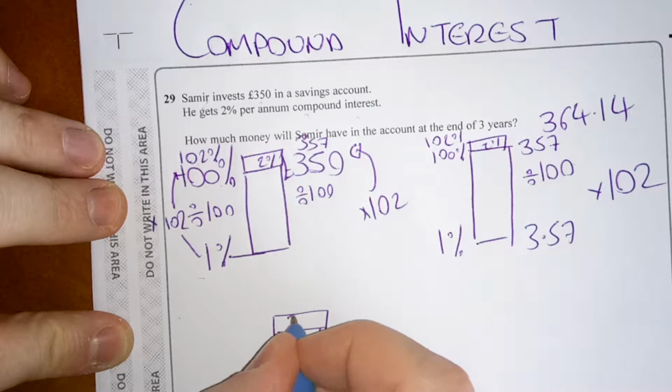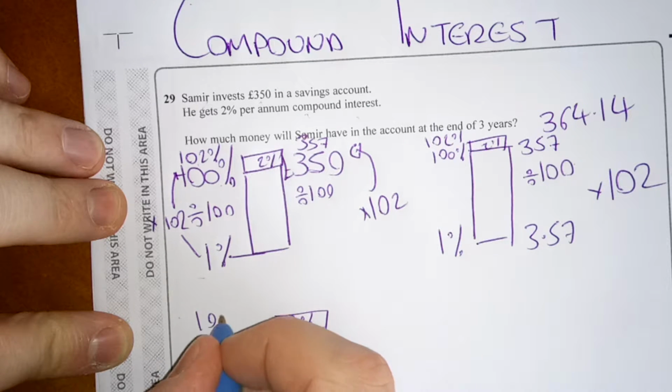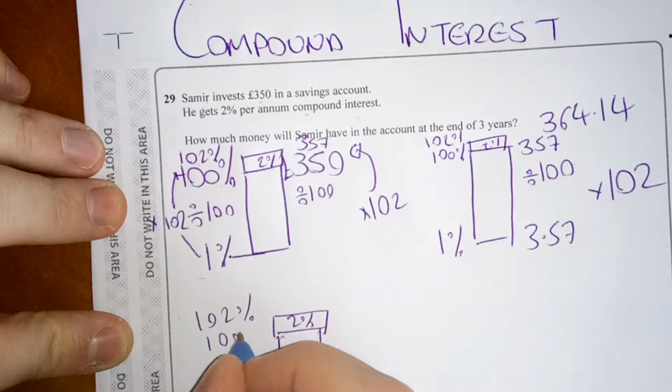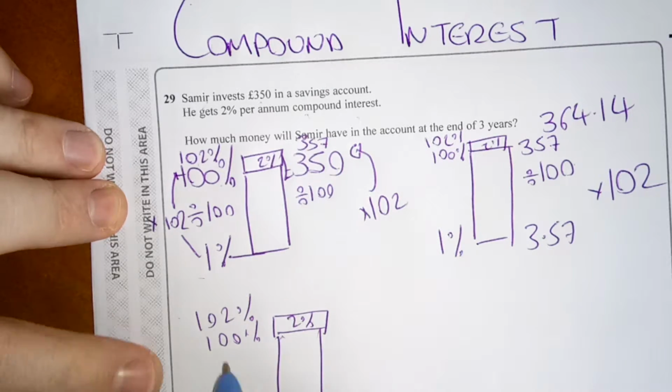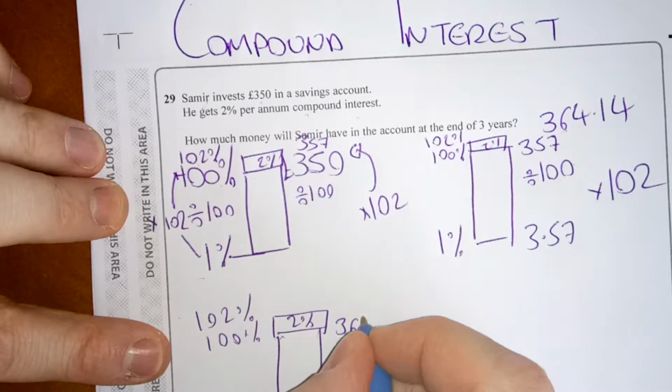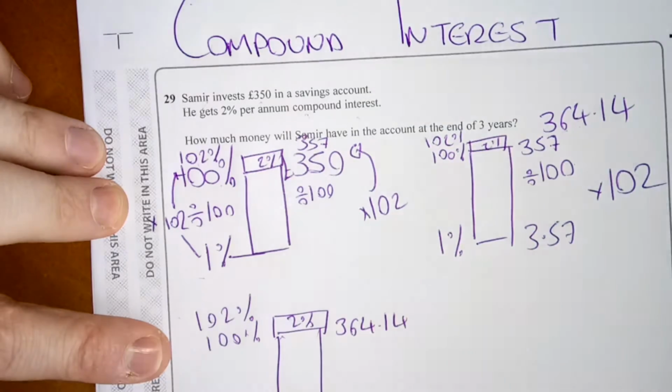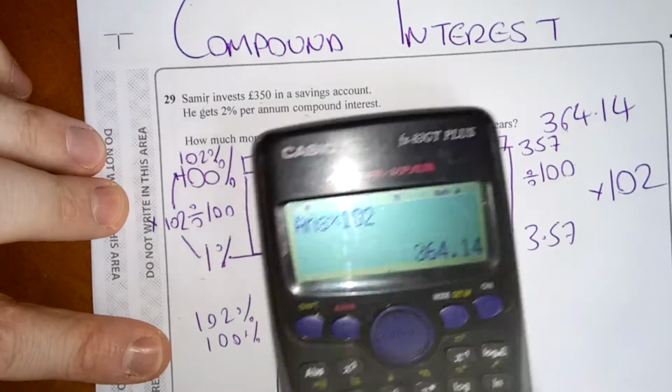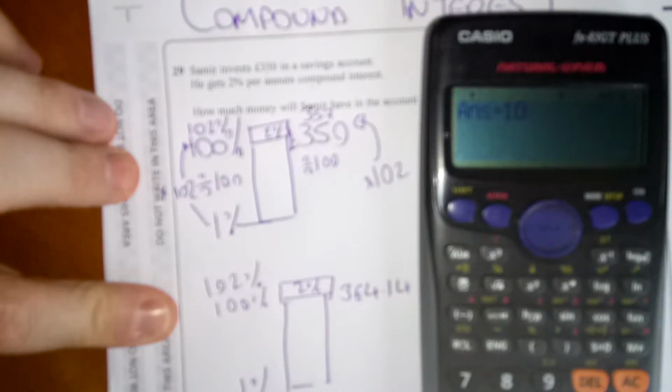Lastly, we need the third year, exactly the same, 2%, 102%, 100%, 1%. But here we use the 364.14 divided by 100. I've already got it in my calculator. Sometimes it's just handy to use the actual answer. Divided by 100,